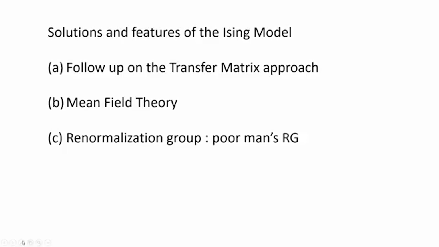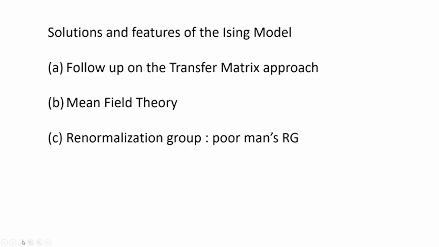This is known, this is how the solutions of a 2 by 2 matrix come about. So, all it boils down to is calculating the eigenvalues, and hence the eigenvectors which we have not used, but we will use that now, and get some properties of this 1D Ising model. So, we will do a little bit of follow up on the transfer matrix approach, and then we will talk about mean field theory. And the third technique that we will be talking about is the renormalization group,